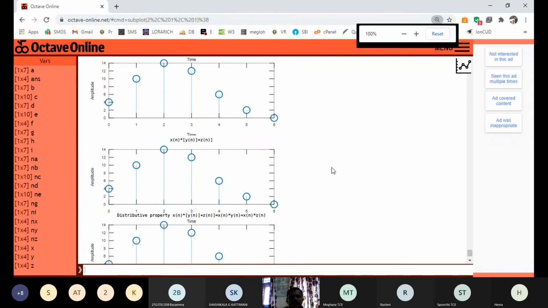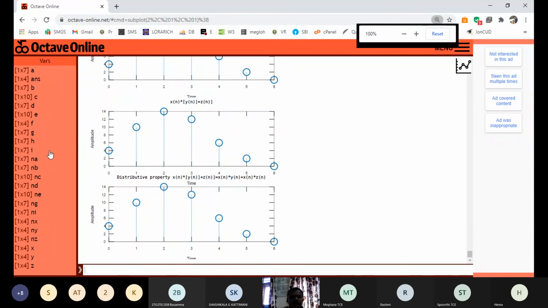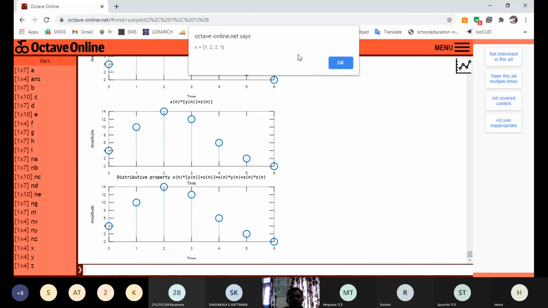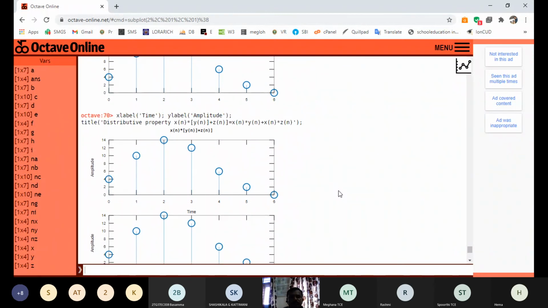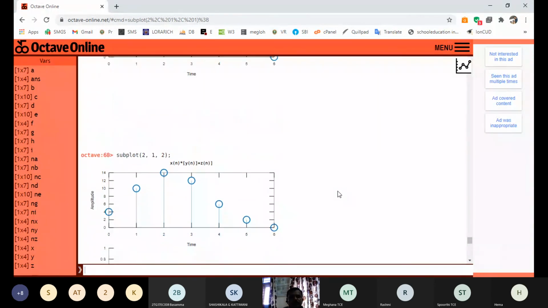These are the results with all the data. We have the X signal, the Y signal and the Z signal, with respective lengths NX, NY and NZ. Then we worked on each property using linear convolution, which is done through the function conv.